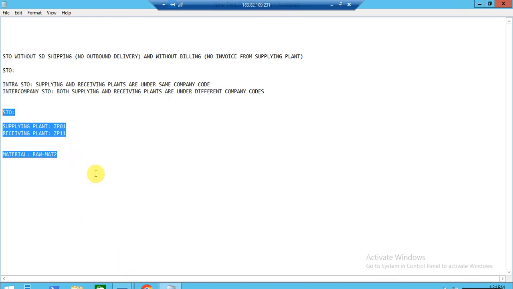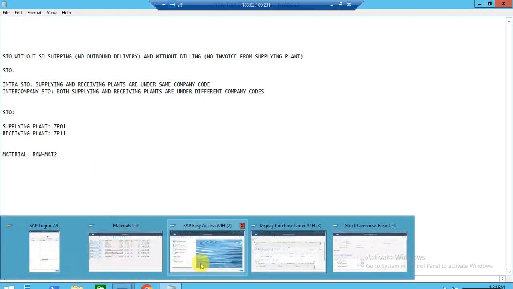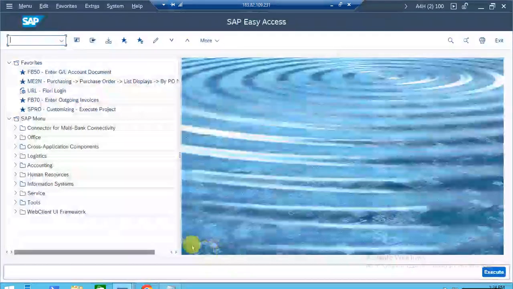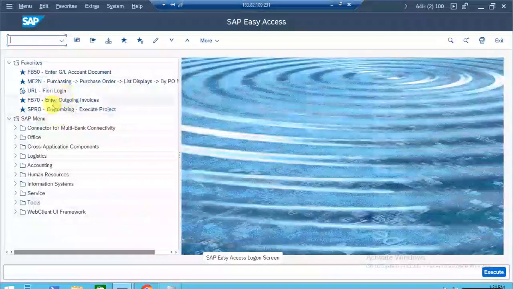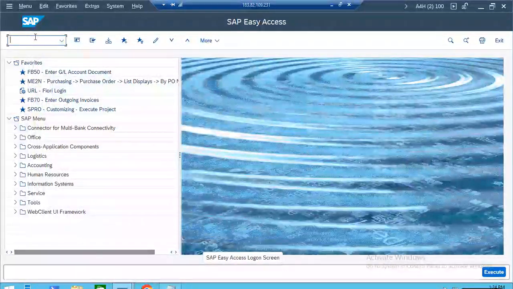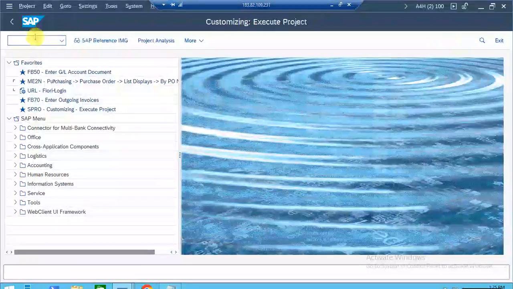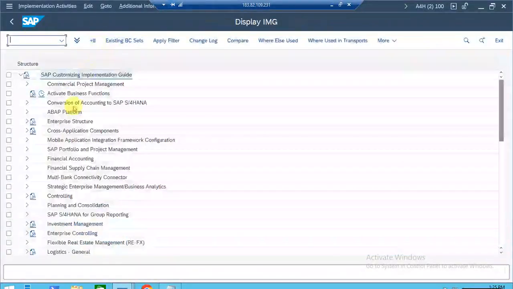Now if I want to create STO, for that we need to maintain some configuration setting. That configuration setting we will check first, and after that we'll create STO. So the first setting is: just execute transaction code SPRO, click on SAP Reference IMG,